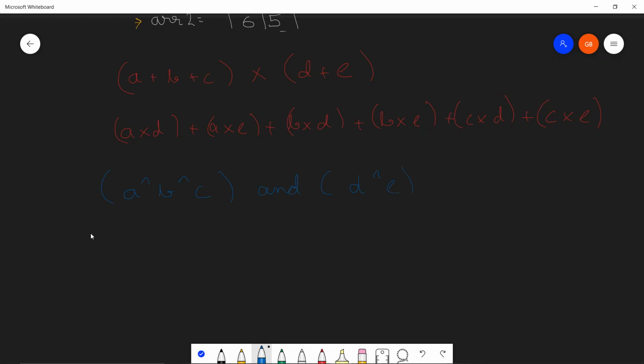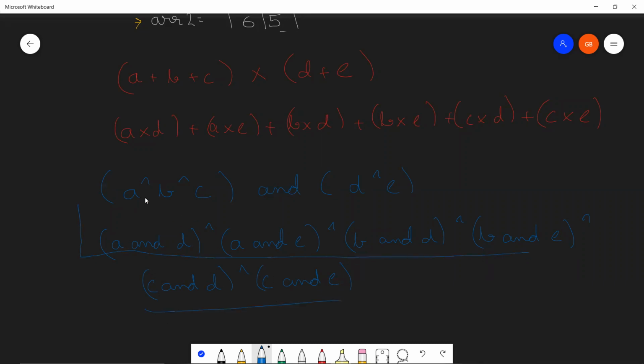When we find the distribution for this, the result that we would get is A and D XOR A and E XOR B and D XOR B and E XOR C and D XOR C and E.